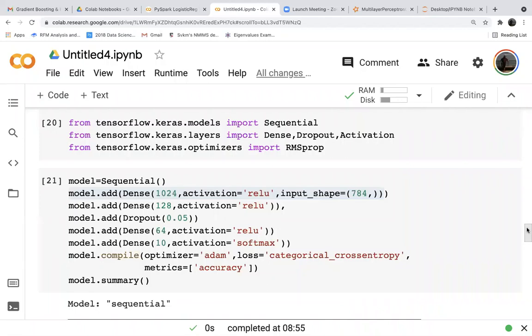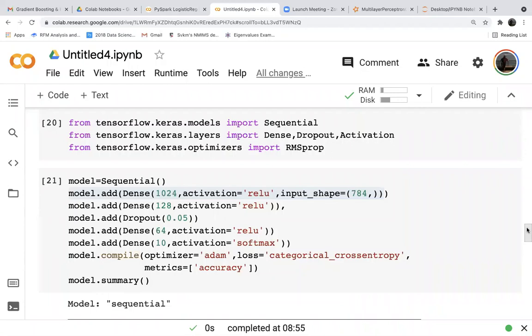Sir, what is this dropout for? To process the data fast, the dropout function will drop out those features or those weights which are either 0 or close to 0. It eliminates those unnecessary or insignificant features. So you can give a dropout of 5%, 10%, 20%, depending upon your data size.